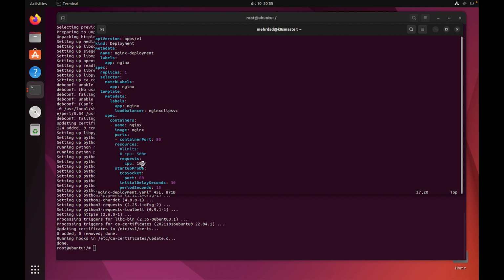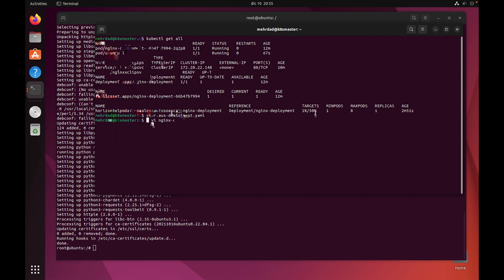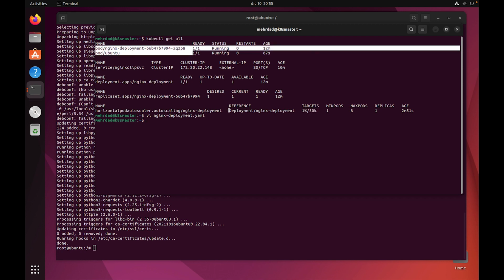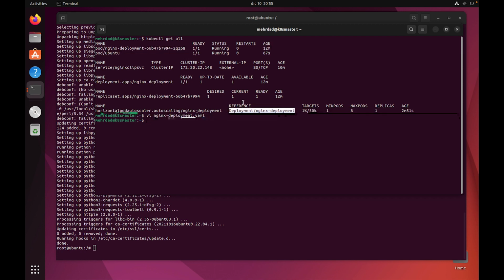So this 50% means if the average amount of CPU utilization by all the pods inside my deployment, because we have also a reference for our Autoscaler,